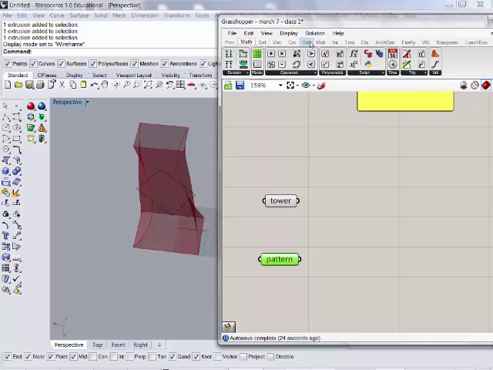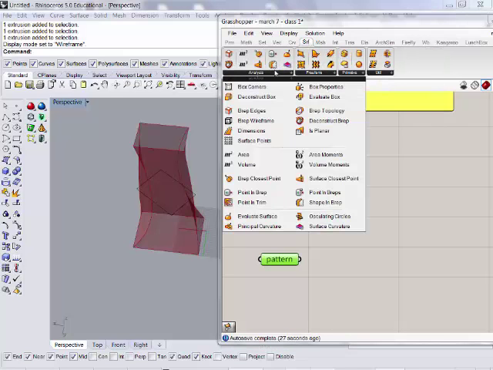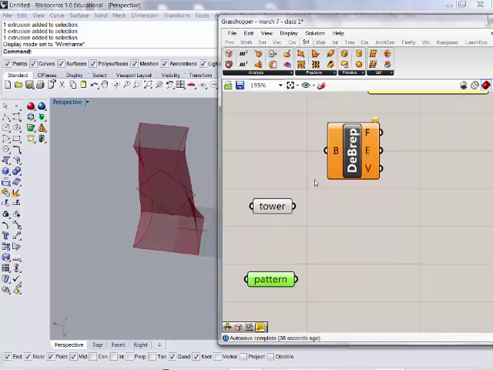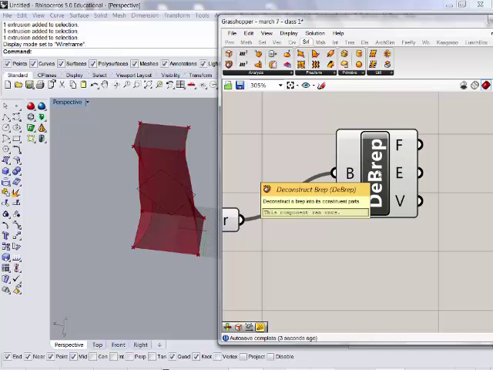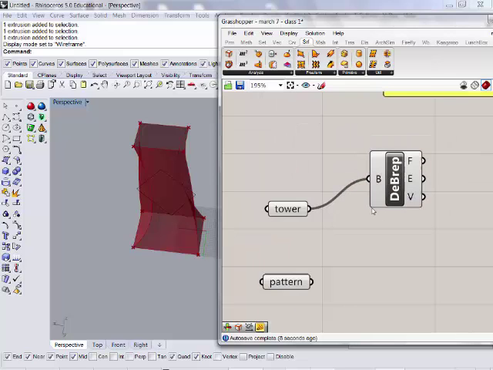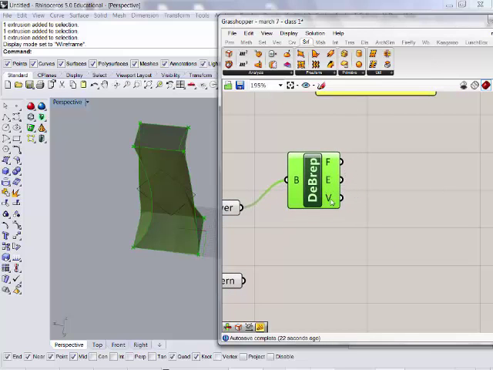We go to surface, analysis, and then we can go to deconstruct BREP. So surface, analysis, deconstruct BREP. We plug our tower into the deconstruct BREP component. So again, if you hover over it, it's going to tell you what it's going to do. Deconstruct a BREP into its constituent parts. If you hover over B, it's going to tell you what it needs. So every component's nice in that way. It tells you what it needs and what it puts out. So in this case, it says base BREP. Here's our BREP. And now if we look at its outputs,